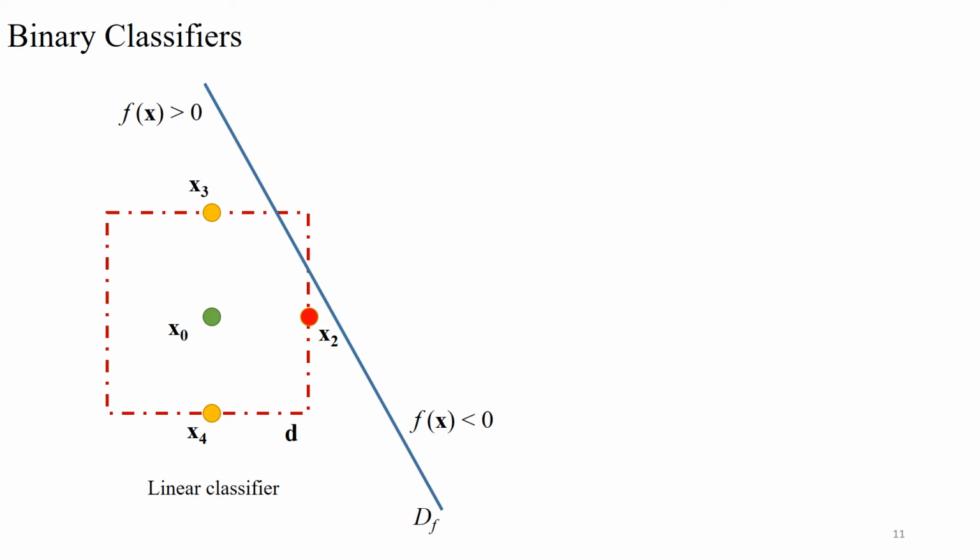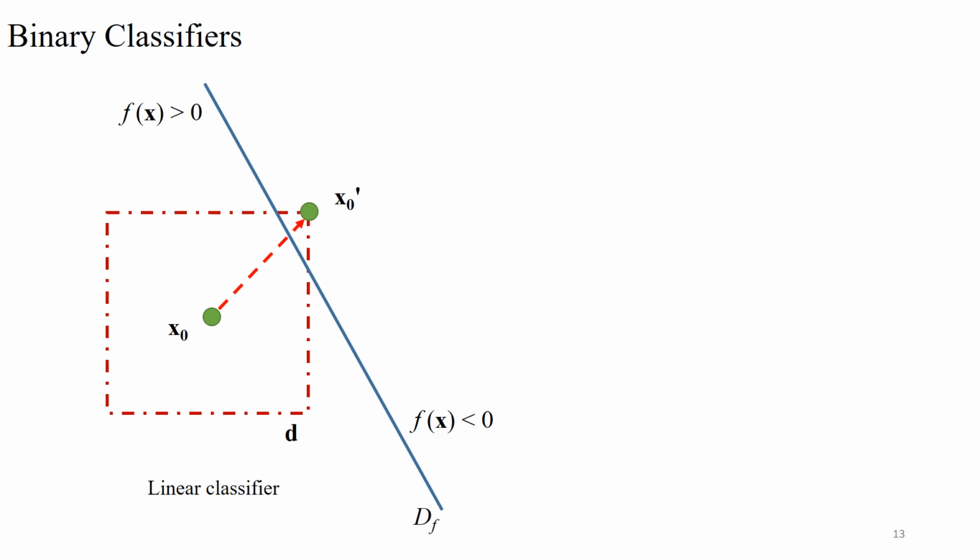Similarly, on the vertical dimension, DeepSearch generates 2 mutated images x3 and x4. Assume that f(x3) is less than f(x4). We thus choose to move x0 towards image x3 for the vertical dimension. By combining the coordinate for the horizontal dimension of image x2 and the coordinate for the vertical dimension of image x3, we derive x0 prime, that is across the decision boundary, which is an adversarial example.